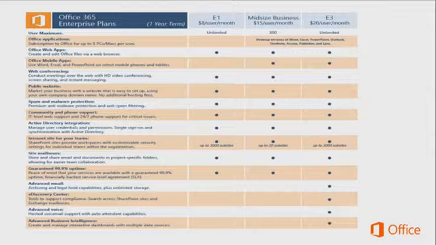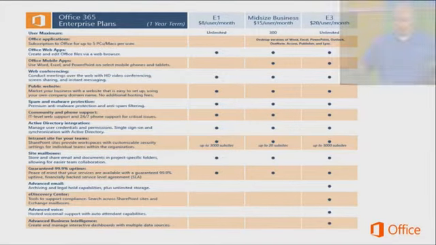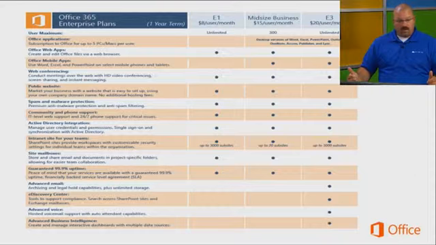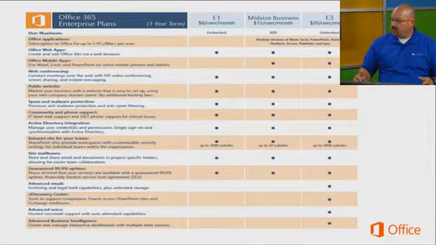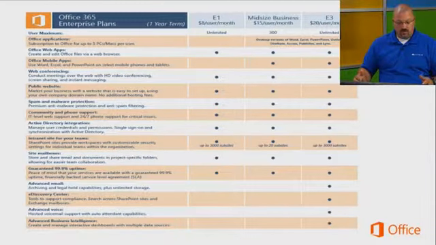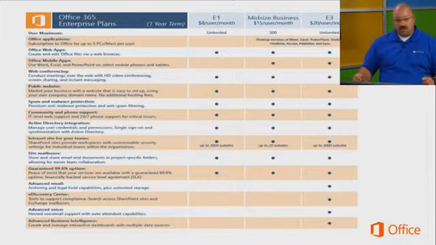Mid-sized business. This is a whole new plan this year. So this comes in between small business and the enterprise. This is the mid-sized business, up to 300 users. It's very inexpensive. You get Office Professional Plus. You get all the features. You just don't get the advanced email, archiving, litigation hold, e-discovery. But it's at a valuable price point. It's a very valuable price point, and it's available at a couple different options too.